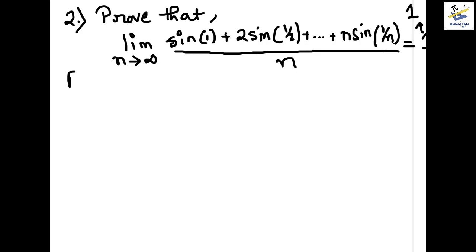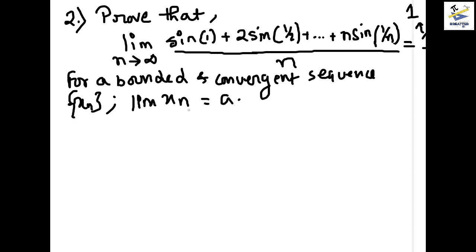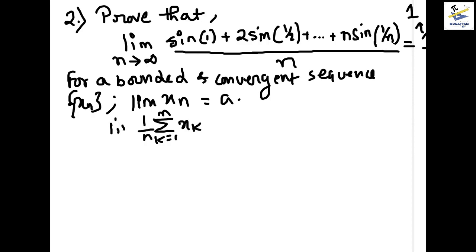That is, for a bounded and convergent sequence x n such that the limit of x n is equal to a, by the theorem we are talking about, we also have that the sum over k equals 1 to n, with a 1 by n outside, of x of k,